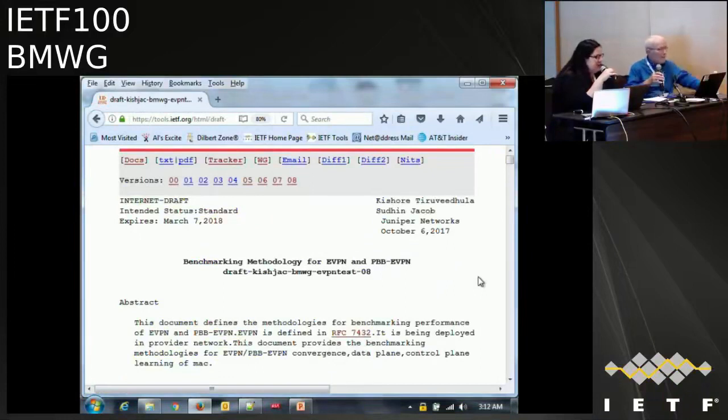So he brought the draft in last meeting. There was a fair amount of, I would say, spirited discussion in the room about the technical and the editorial content of the draft. We do typically, I would say we almost always ask that we have discussions on the list, but because there's been a huge outreach, I think, with the IETF India community and making sure that folks are comfortable, I did discuss with Sudhin offline